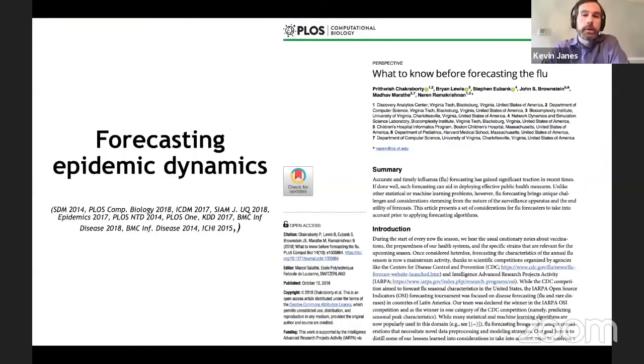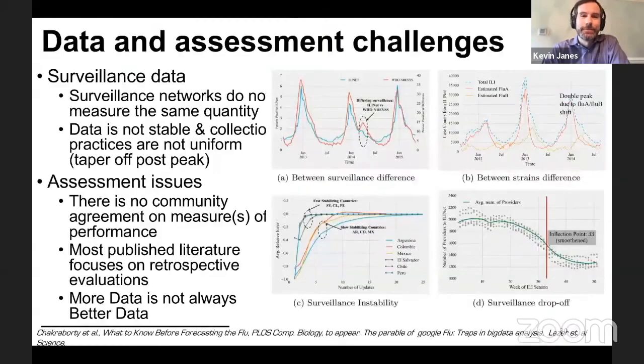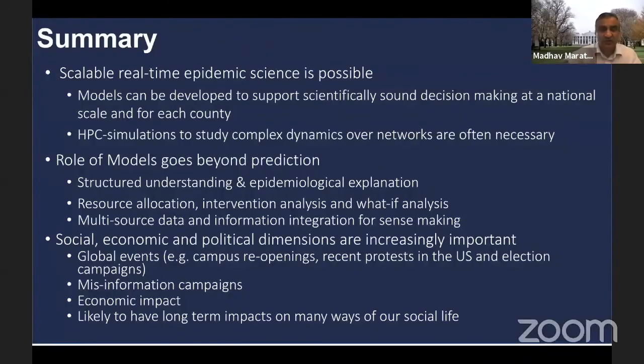So I'll quickly spend the last few minutes, maybe. Madhav, just to warn you, you're at time through the questions. So that's very good. So let's skip this. We have a Bayesian ensemble. Let me just summarize, as Kevin said. What I want to let you know is that real-time epidemiology is indeed possible. And the role of models should go beyond predictions to structured understanding. And finally, social, economic, and political dimensions are actually becoming increasingly important as we understand epidemiology. So this is not just a problem of virus spreading between two individuals, but is hugely affected by these considerations. So I'll stop there, Kevin, and take questions.